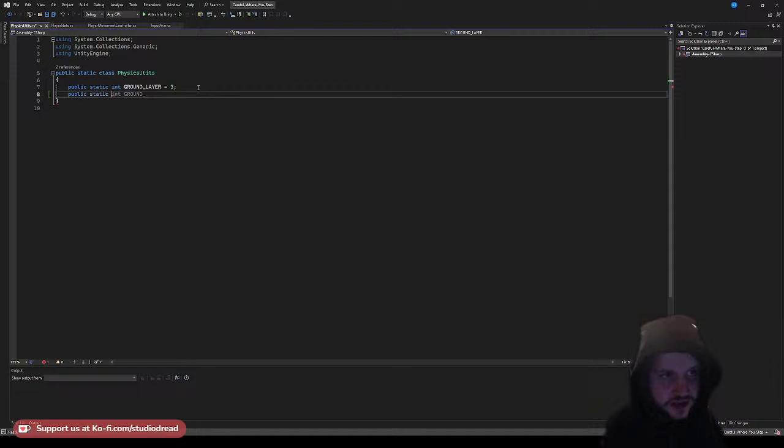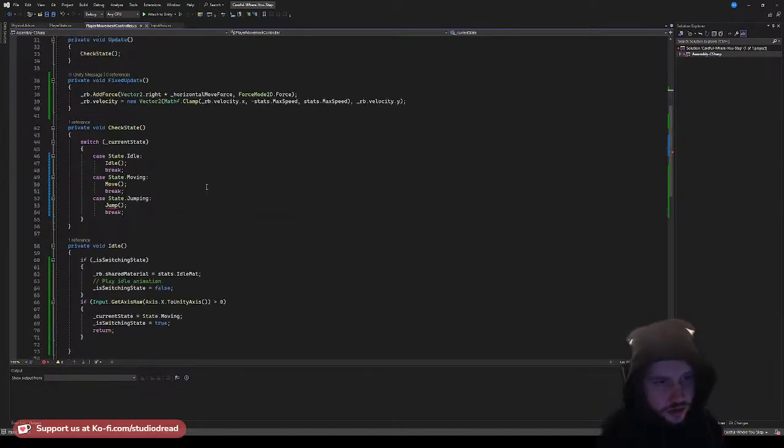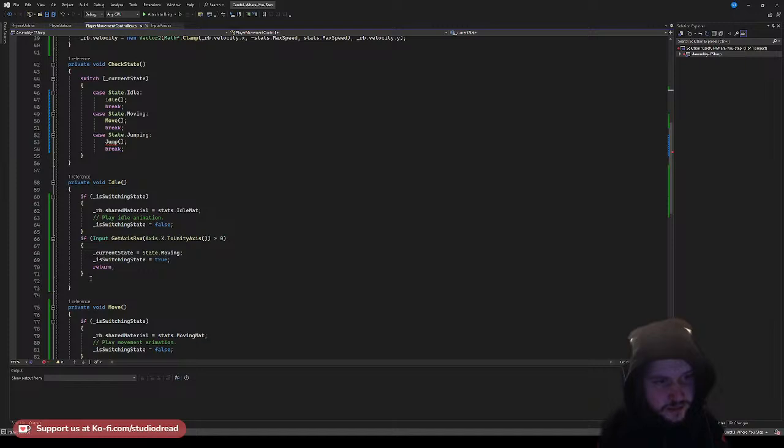Public static string jump button equals jump. Okay, so from idle, we just want to say if input dot